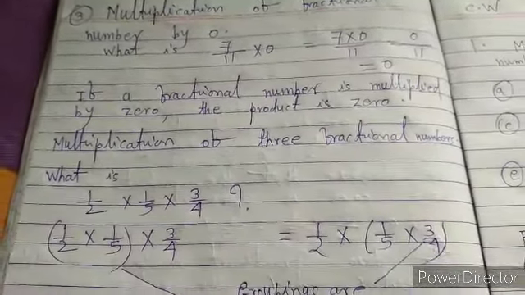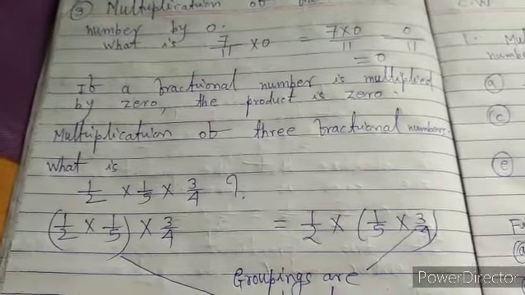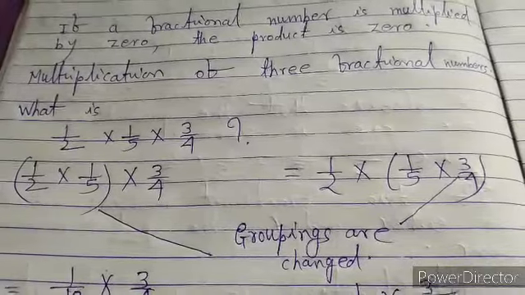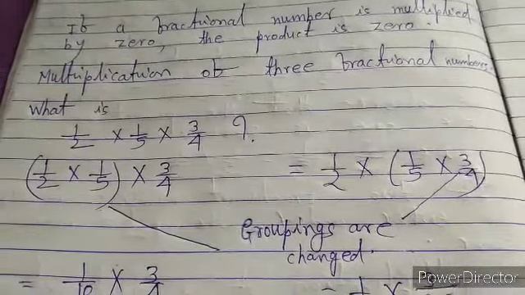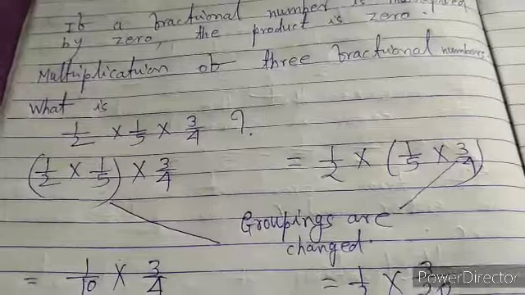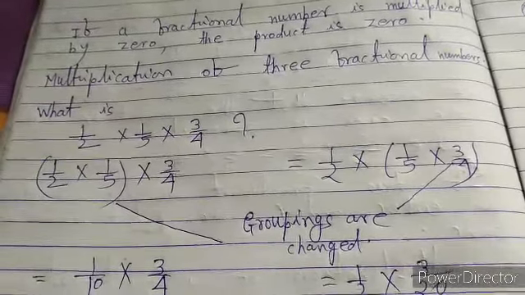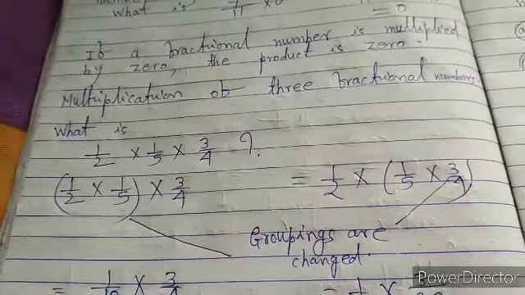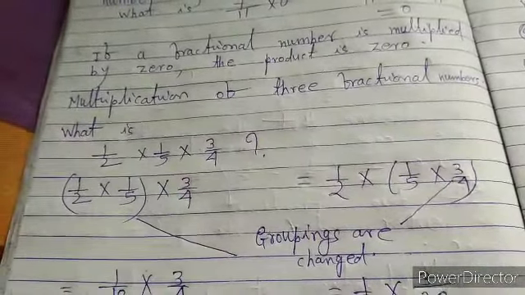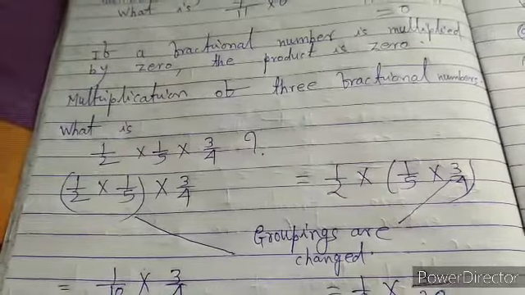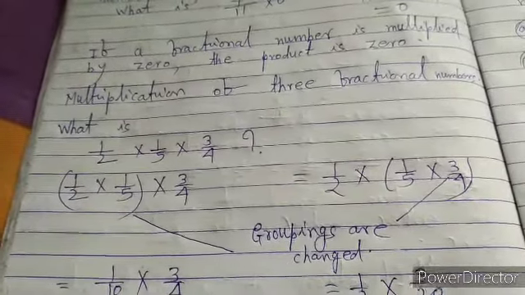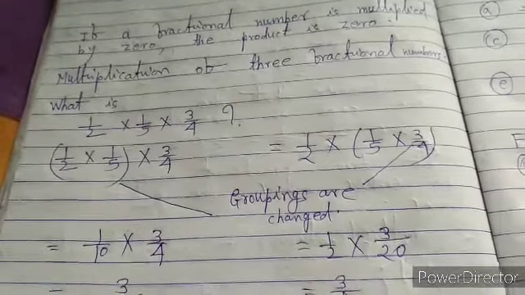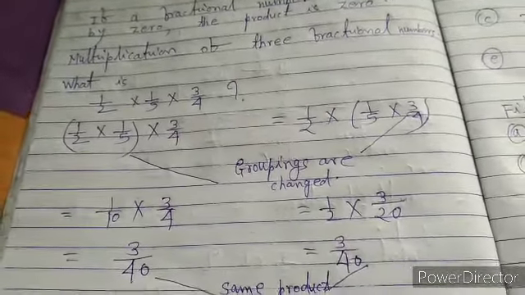Multiplication of three fractional numbers, 1 by 2 into 1 by 5 into 3 by 4. We make a group of 1 by 2 into 1 by 5, and 3 by 4 is multiplied separately. In another order, we make a group of 1 by 5 and 3 by 4, and 1 by 2 is separate. We observe that the products of these two groupings are the same. Here 1 by 2 into 1 by 5 is equal to 1 by 10 into 3 by 4,